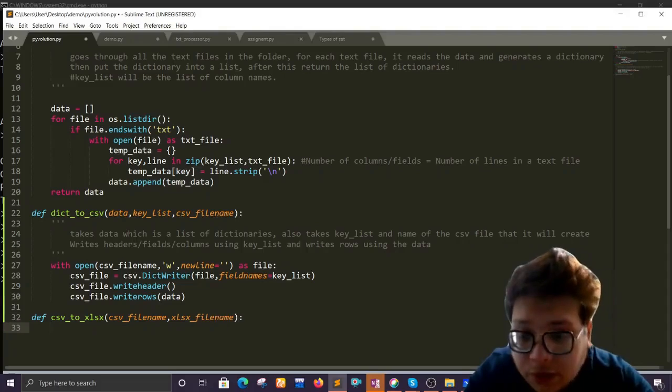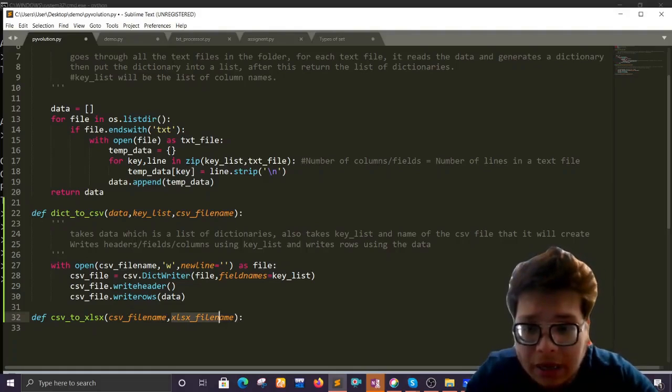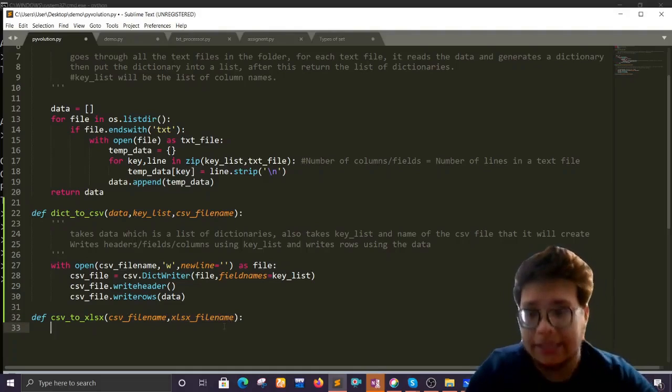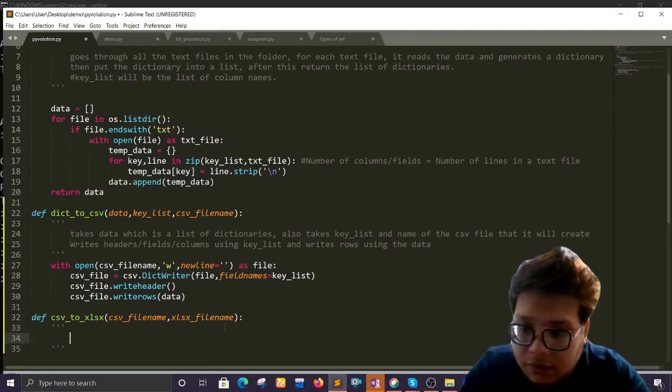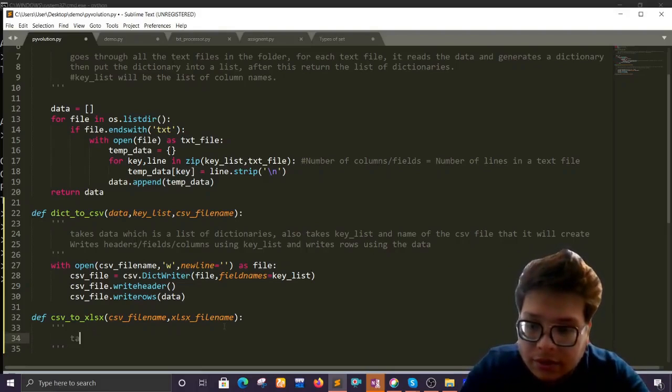So the user will need to pass two things, the CSV file name and the Xlsx file name, right? From here it will read, and here it will write the contents, right? So again, docstrings. So right here, it reads from the CSV file,